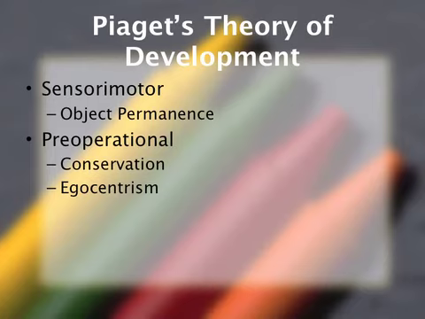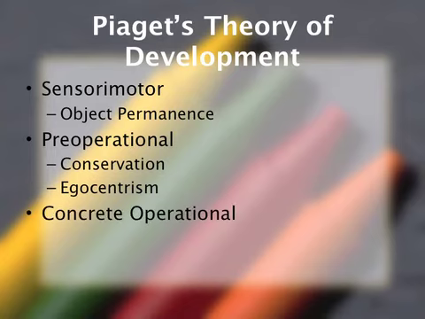But for Piaget, the ability to do both of those things, to understand conservation, and then to be less egocentric, which would be developing a theory of mind, which we'll talk about on the next slide, or being able to take another person's point of view, will often be the tests, so to speak, that they have to pass in order to move to the next stage. Okay, the concrete operational stage is going to be